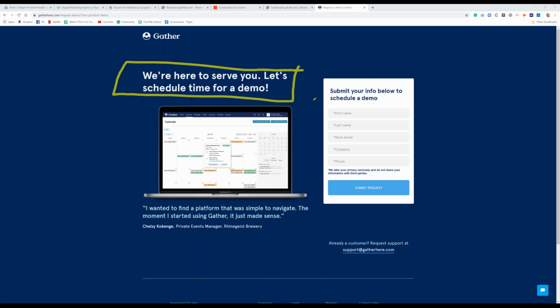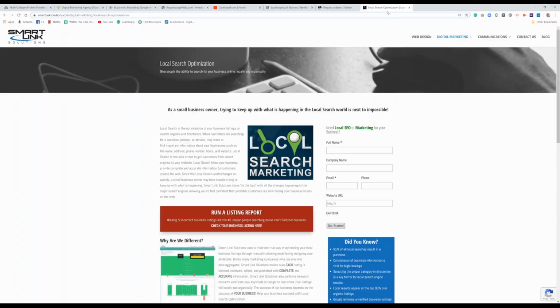Well, okay, that's nice. Let's schedule a time for a demo. Well, again, from the Department of Redundancy Department, that's what you're asking for on the form. Let's schedule a demo. So that's not new information. So it's kind of a wasted opportunity. Instead of setting context, you're just mechanically asking for something. Yep. All right, let's go on and look at this page.